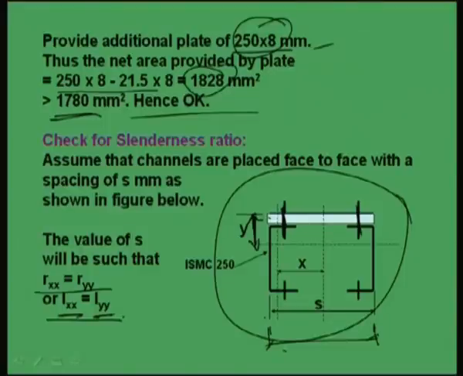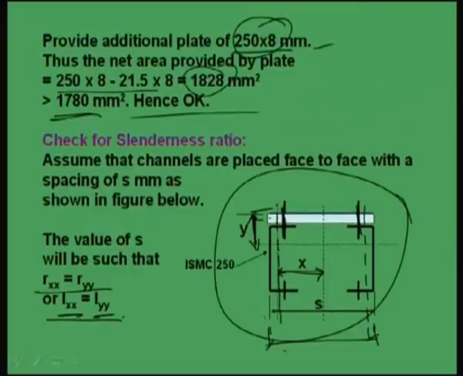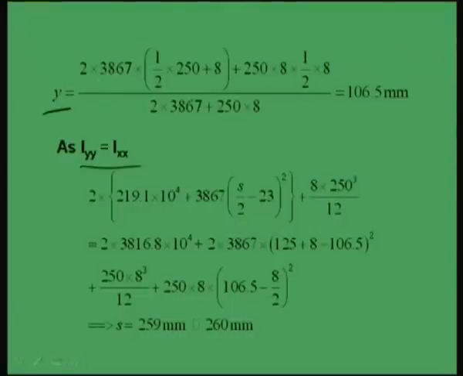So, this is the CG of the individual channel. So, x is the distance between the CG of one channel to the CG of the whole section. Okay. Now, y we can find out now. y will become what? Now, if we take moment of area about this face, then what will happen? y into total area will become this into this area plus this into channel area plus this into channel area. So, that is what we are making here, right.